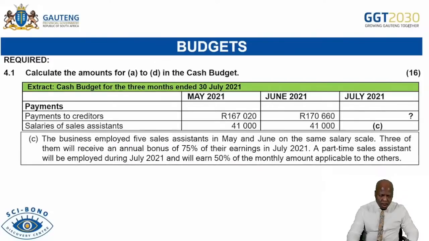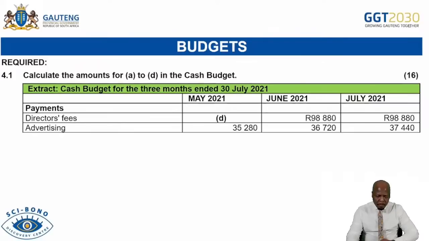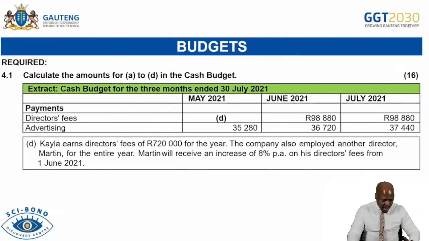All right. So with your director's fees adjustment, there are several of them. And I think in today's paper, you saw there was another director's fees adjustment as well. So you need to expose yourself to several director's fees adjustments. Because of time, I'm going to skip this one and then I'm going to move on to the next one. All right. So the next one is another director's fees adjustment as well. What I just wanted to emphasize is that once you get your director's fees adjustment, you have to understand and you must be able to calculate your director's fees adjustment.